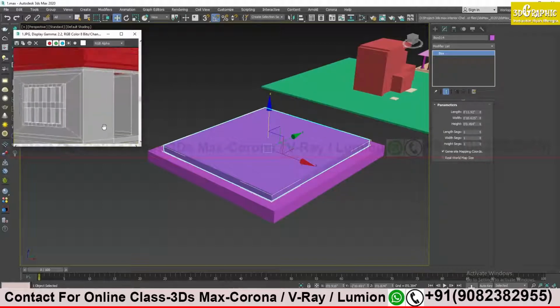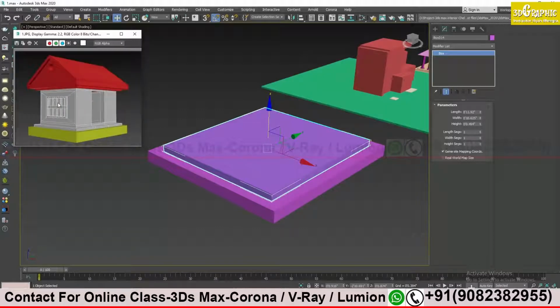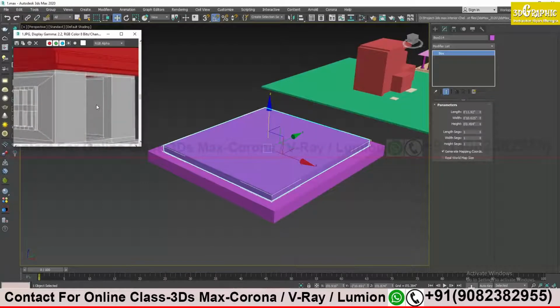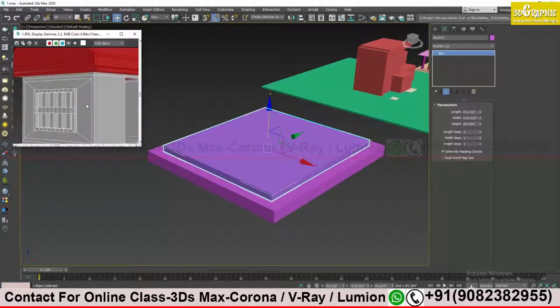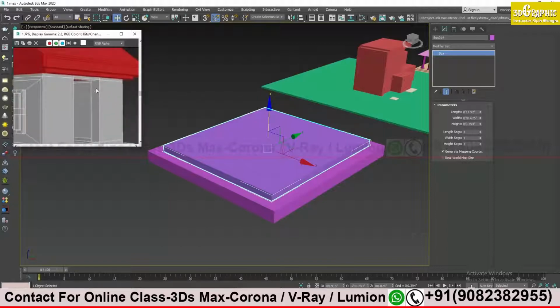Now I have to make the actual body of my model, that is the wall, the four walls. One thing I would like to tell both of you, that here I have openings for the door and openings for windows, but right now we are not going to make any openings, because to make any opening I have to convert it to editable poly, and that is very new for both of you.